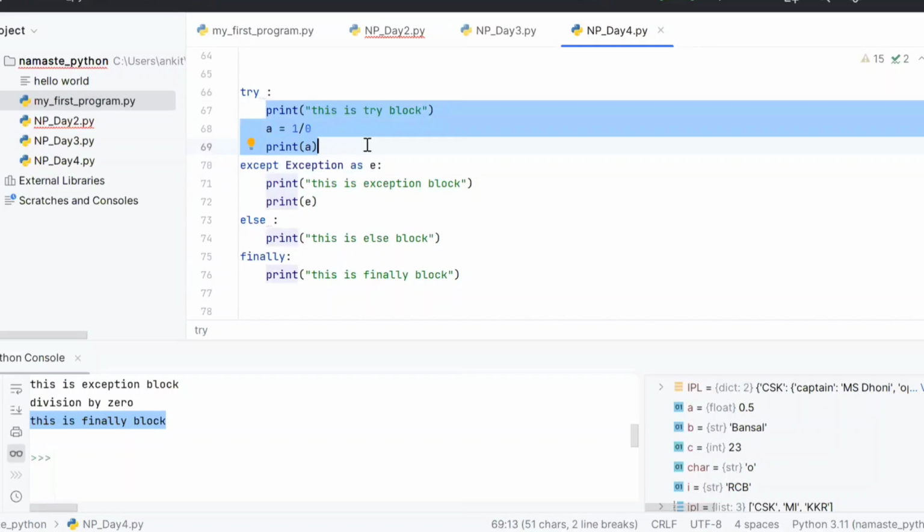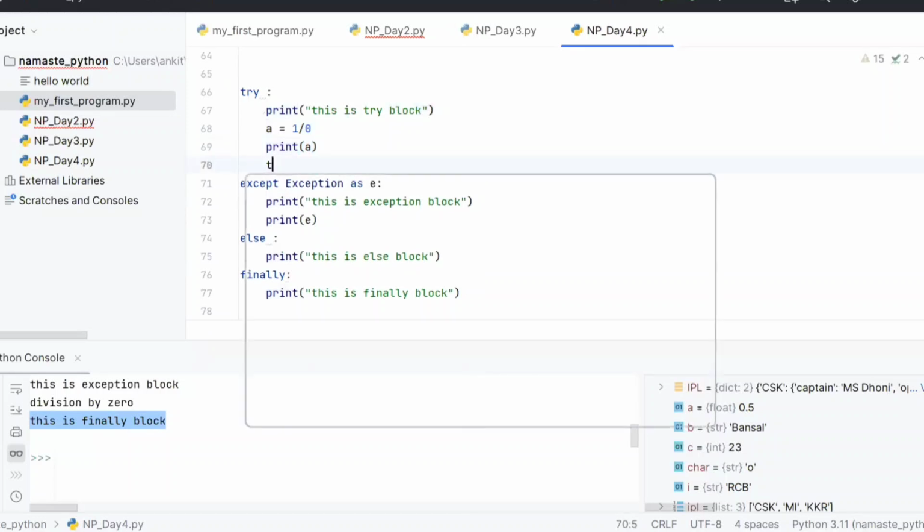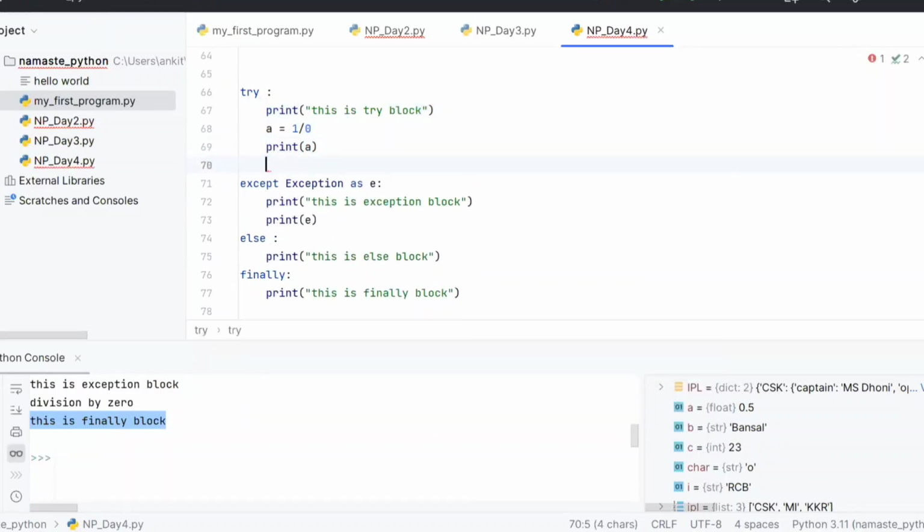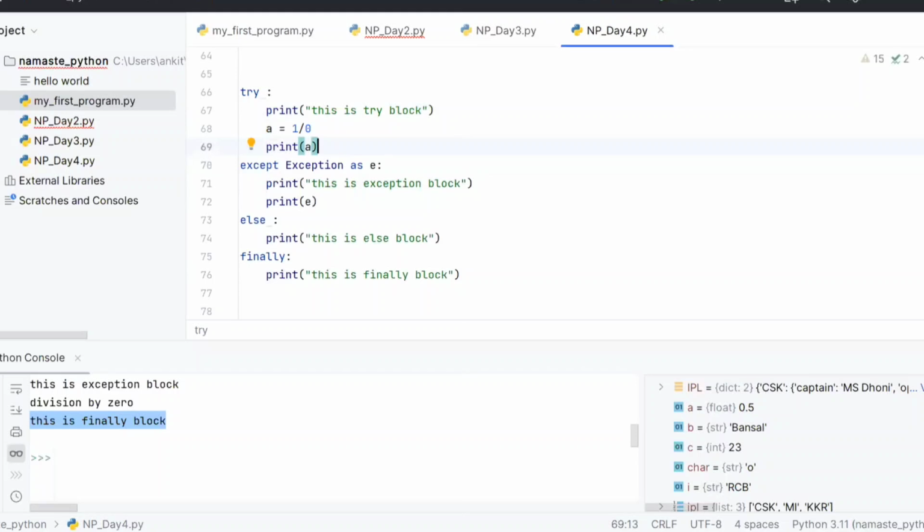Are you talking about nested try? No, not nested try. For example, at the time of writing the code, I think I might get the error at this point, but sometimes I might not get the exception on that particular line, and I might get it on a different line.